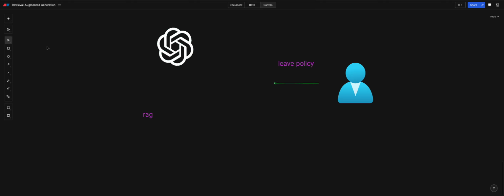So there are two ways now. Asking the LLM directly will give a guessing answer, right? But with the RAG system, what will happen? This will give